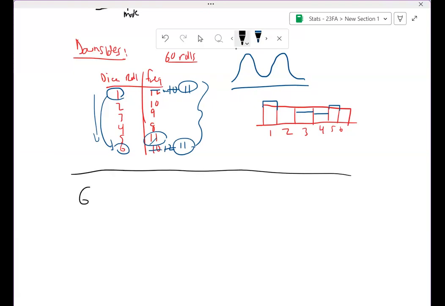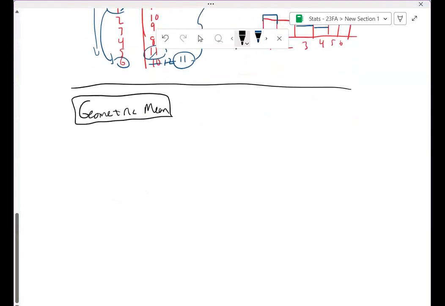Okay, let's talk about the geometric mean. I think we'll work through a motivating example to show you where it comes up. It's important in a few different contexts, but probably the most commonly applicable context is in finance. So let's say we have an investment,